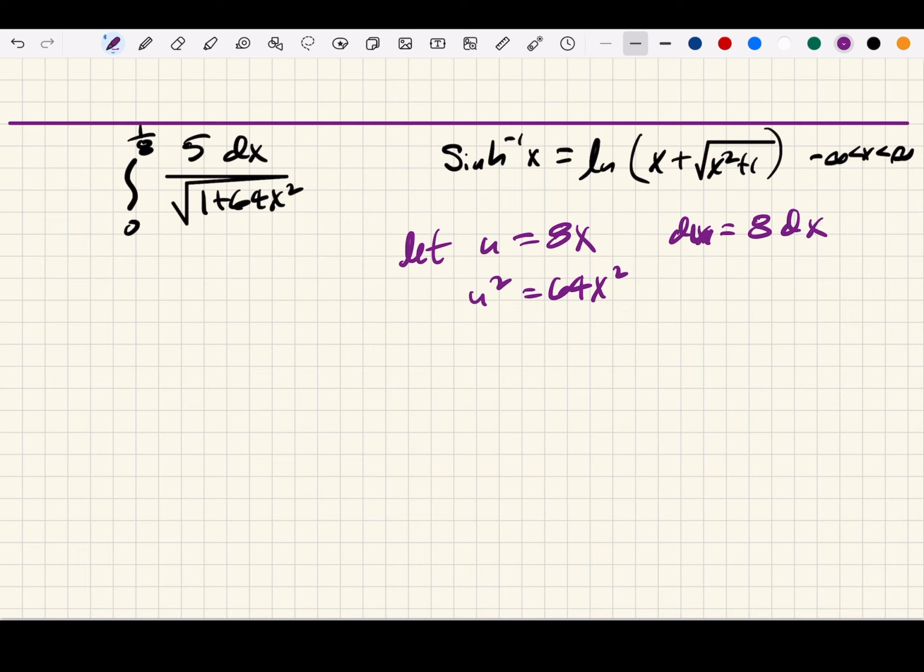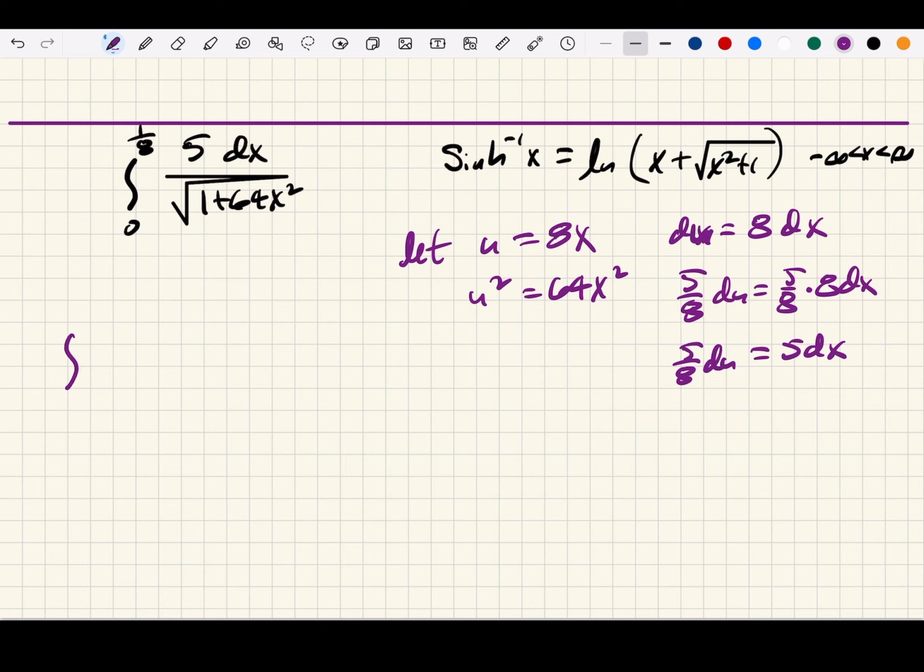And so I want 5 dx, right? So probably I need to multiply both sides by 5/8. So I'd have 5/8 du equals 5/8 times 8 dx. And so 5/8 du is equal to 5 dx. So I think we have everything identified, don't we? So we would have